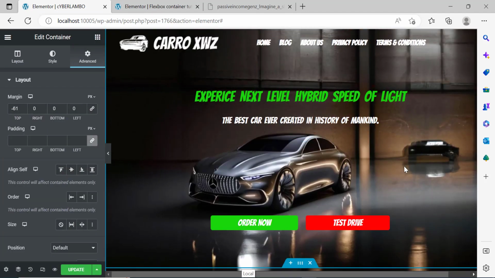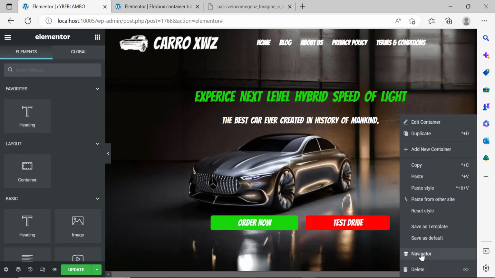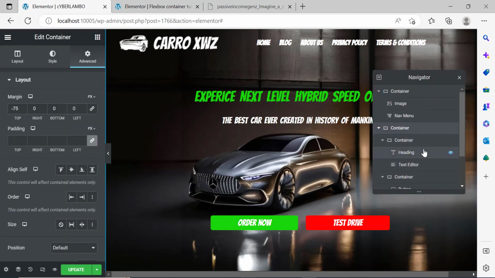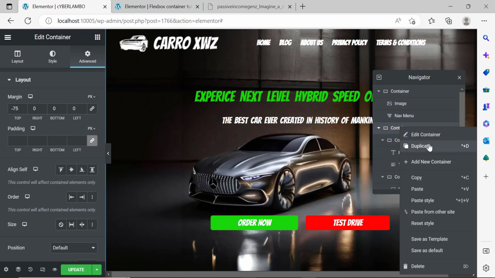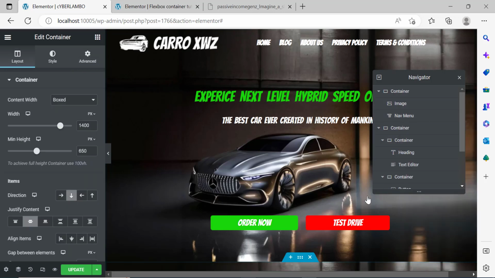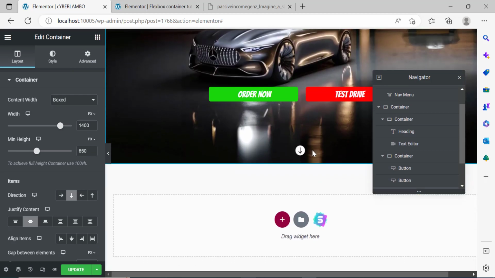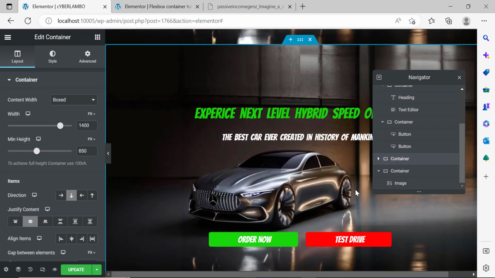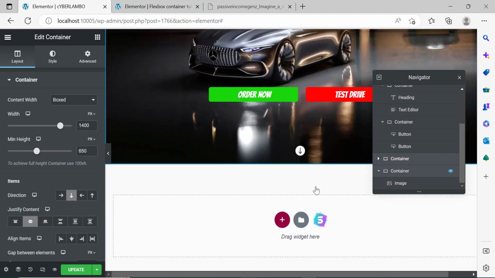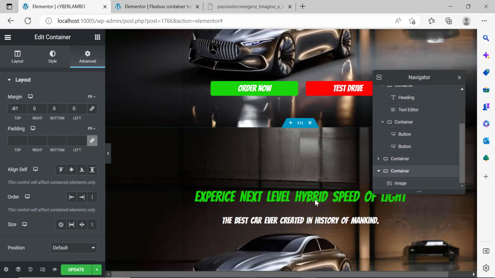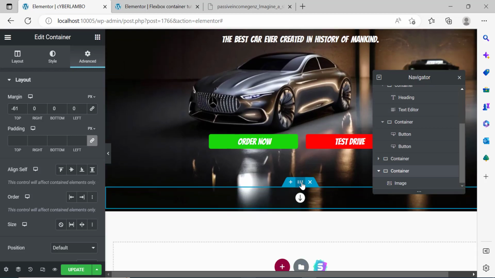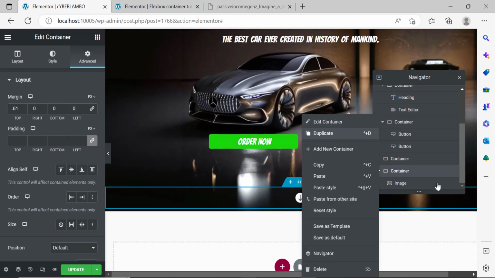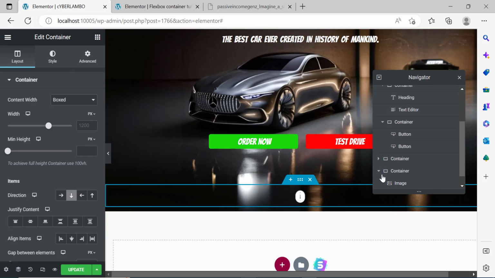But now what I want you to do is to click on the navigator here. Click navigator and click on this container here, right after the first container, duplicate, and you have a second container. And then what I want you to do is scroll down to the bottom. You can see this container has actually overlapped from the first one to the second one, and we don't want that. So, but first of all, I want you to duplicate this container so that we have two of it,